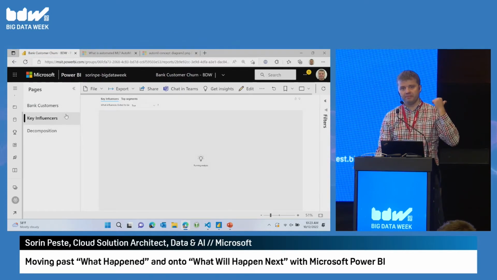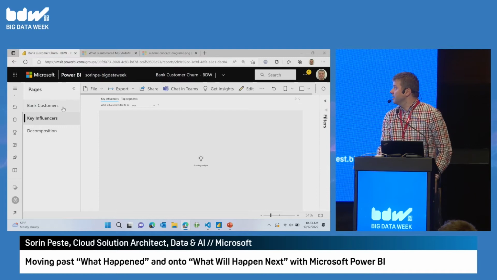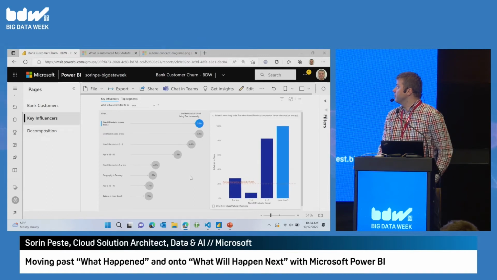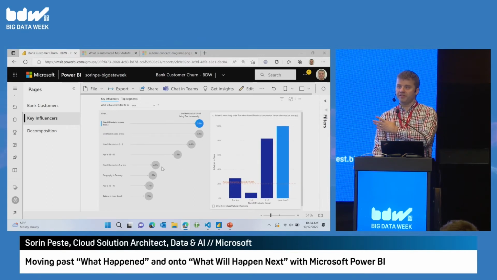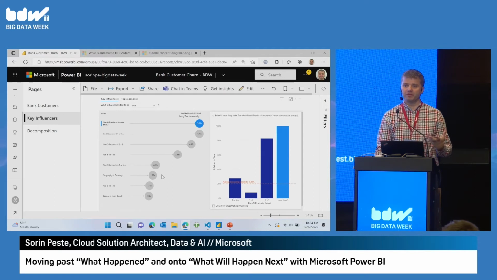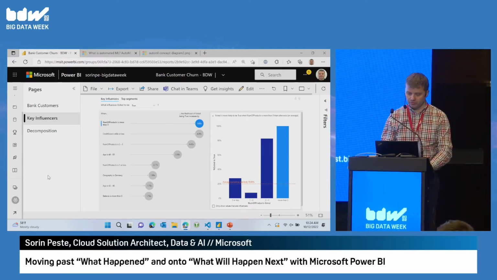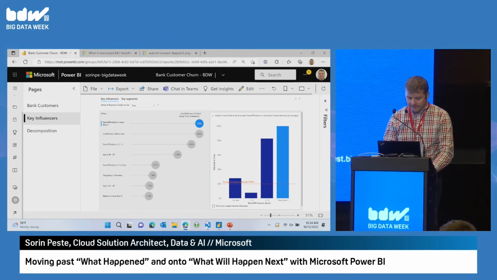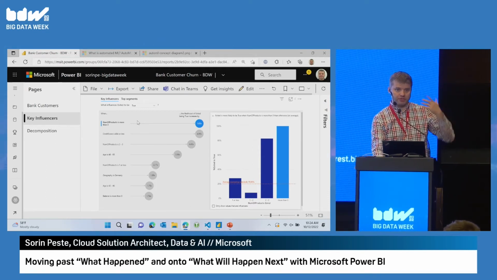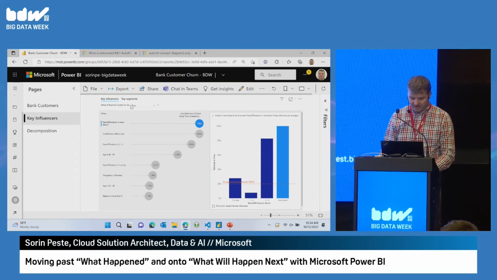It's a little bit different because I built it yesterday. But all of these visuals and pages are available. The analysis is actually running as we speak, and we have all this analysis. So this is the experience that a business user will get. They don't need Power BI Desktop. They just need a Power BI Pro license to analyze this data. Okay, so let's try and build a customer churn model in the 6 minutes that I have left.